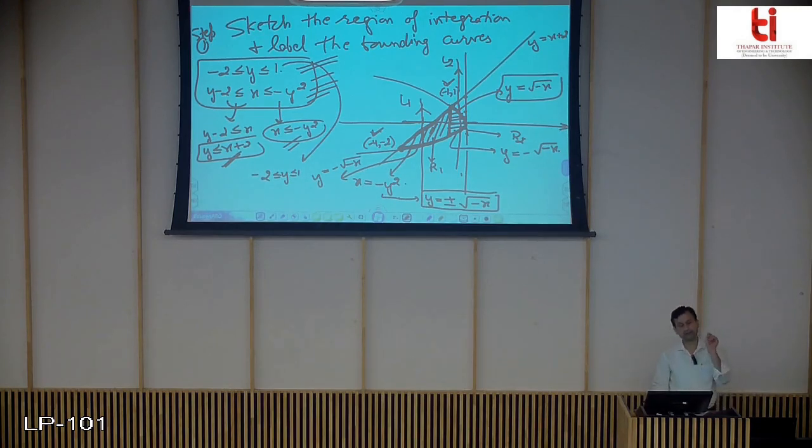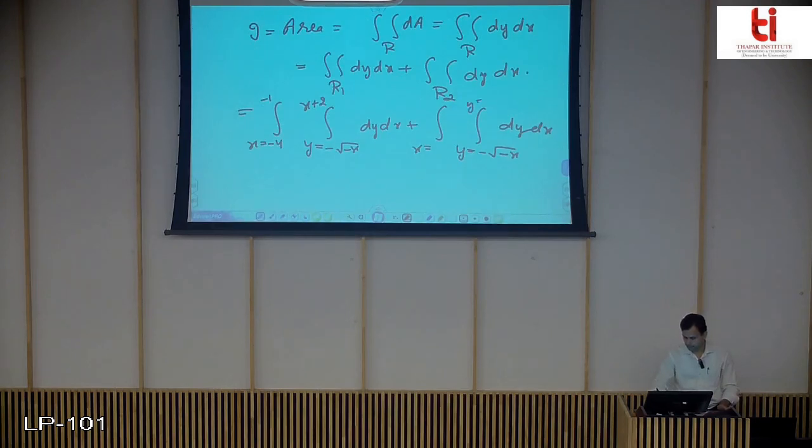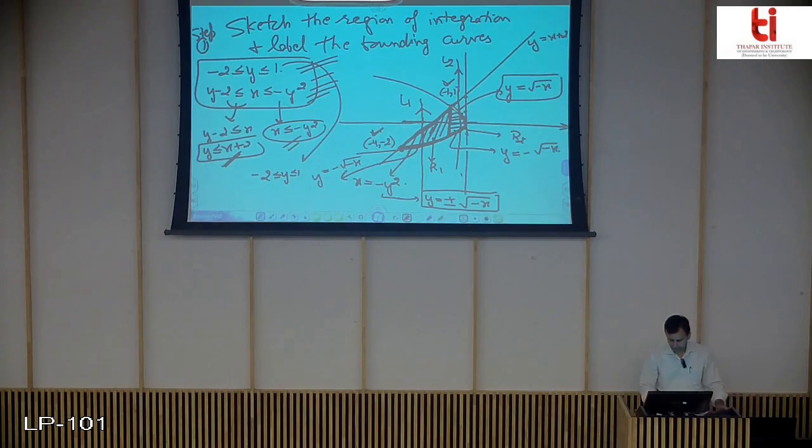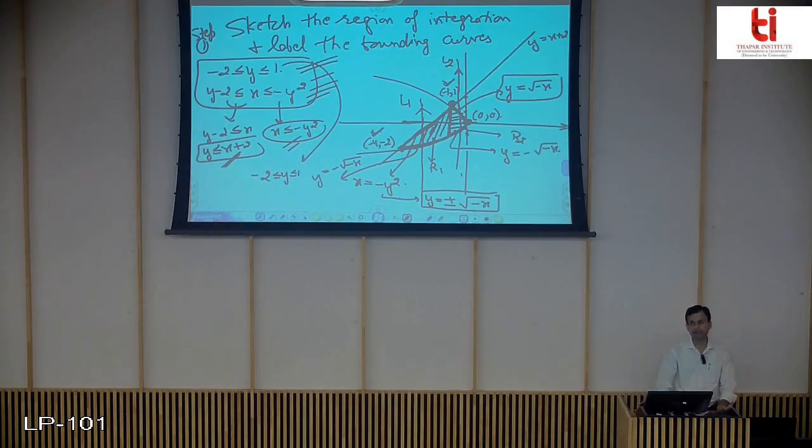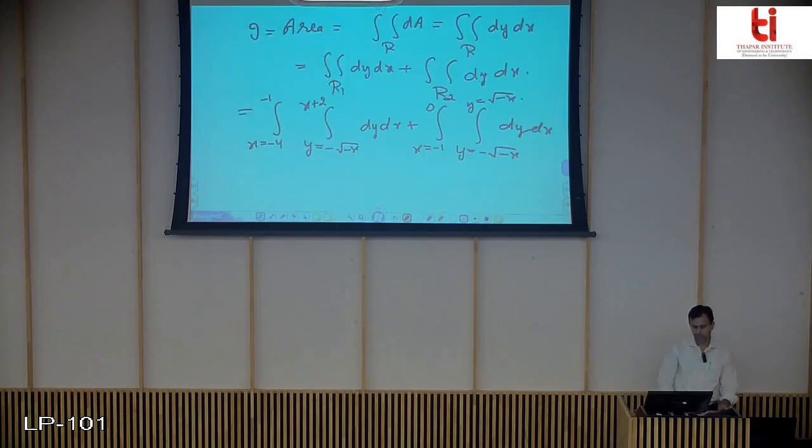It is no doubt entering through the region, same parabola, leaving through the same parabola, but the values of y that we need will be different. So it is y equals to under root of minus x. And now the values of x, from here to here, this is 0, so minus 1 to 0. So values of x are minus 1 to 0, that includes all the vertical lines that can cross through this region. So this is how we split the region.